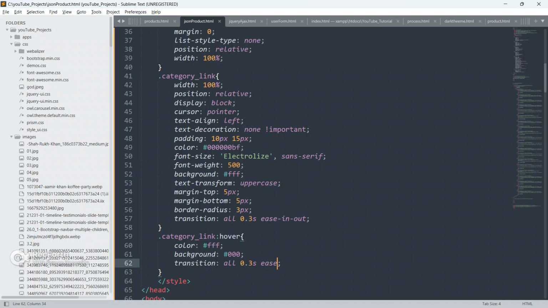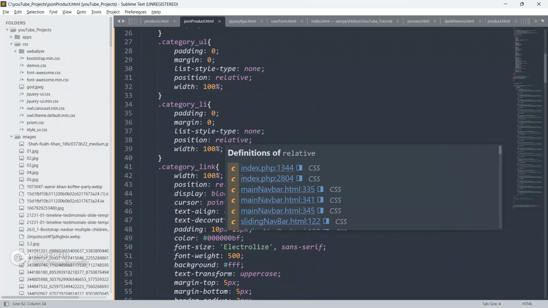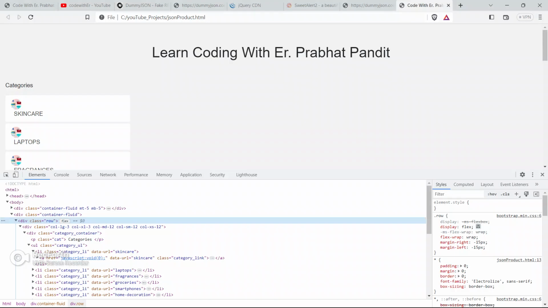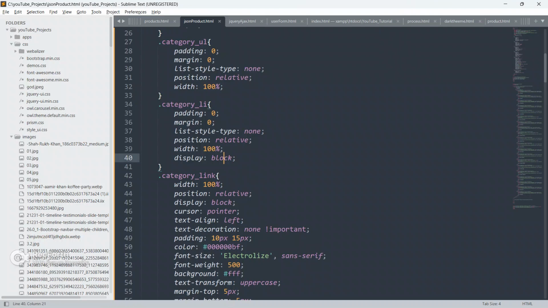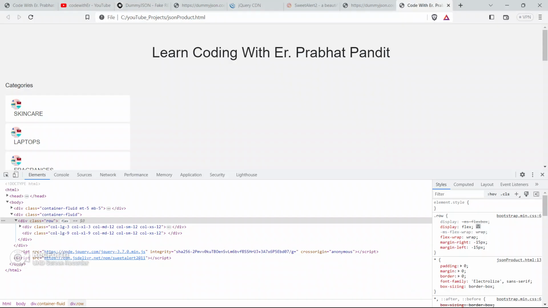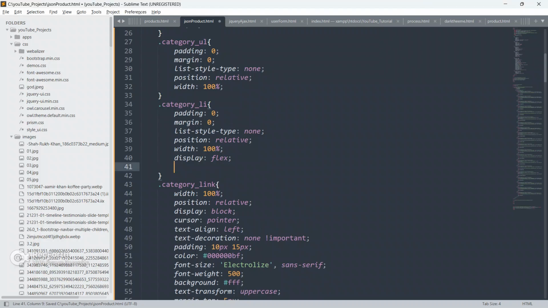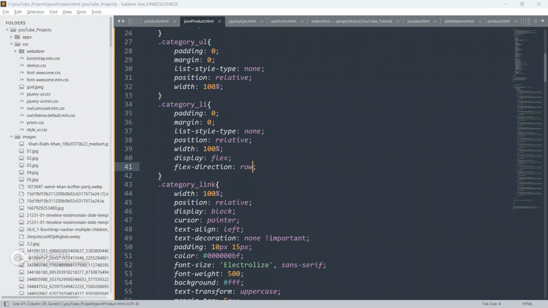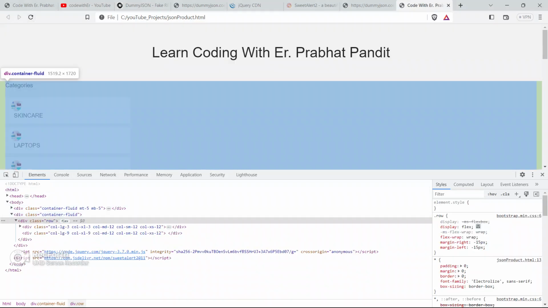Category li, give display as block, flex direction as row.